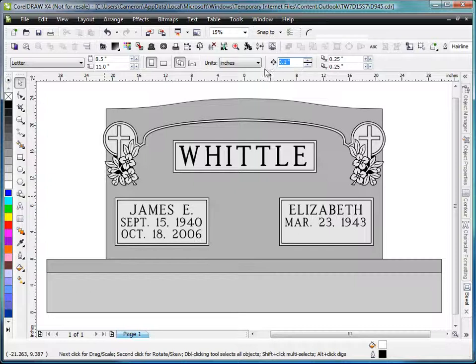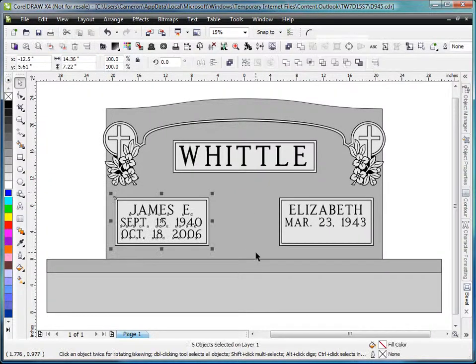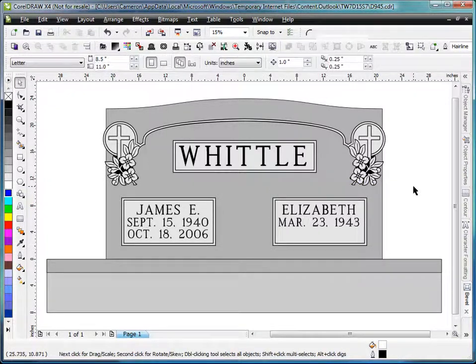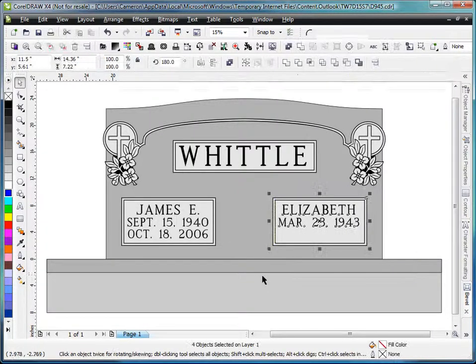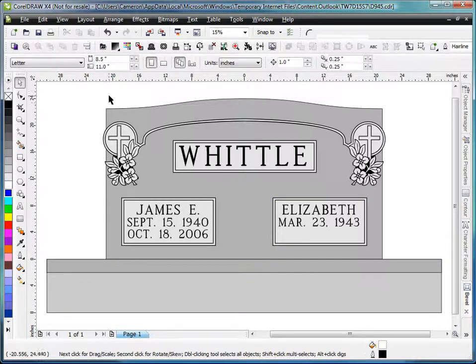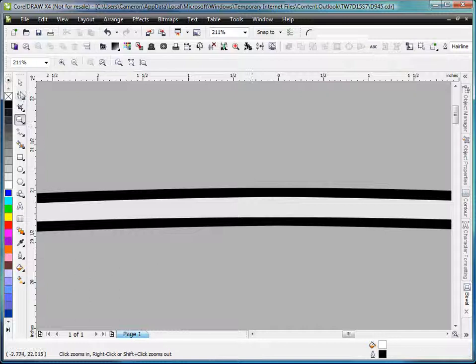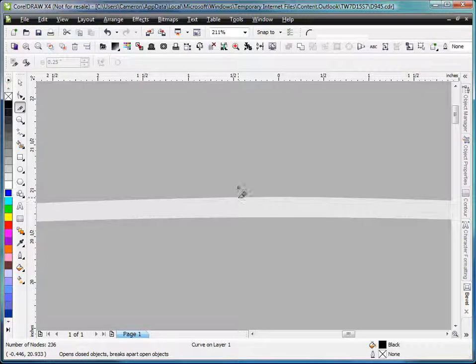First, let's go ahead and just move these boxes in a little bit. Change my nudge to 1, and then we'll bring that in 1 and bring that in 1. That looks pretty good. Okay. So now what we're going to do is zoom into the center of this ribbon, and using the knife tool, we're just going to click on each of these pieces,